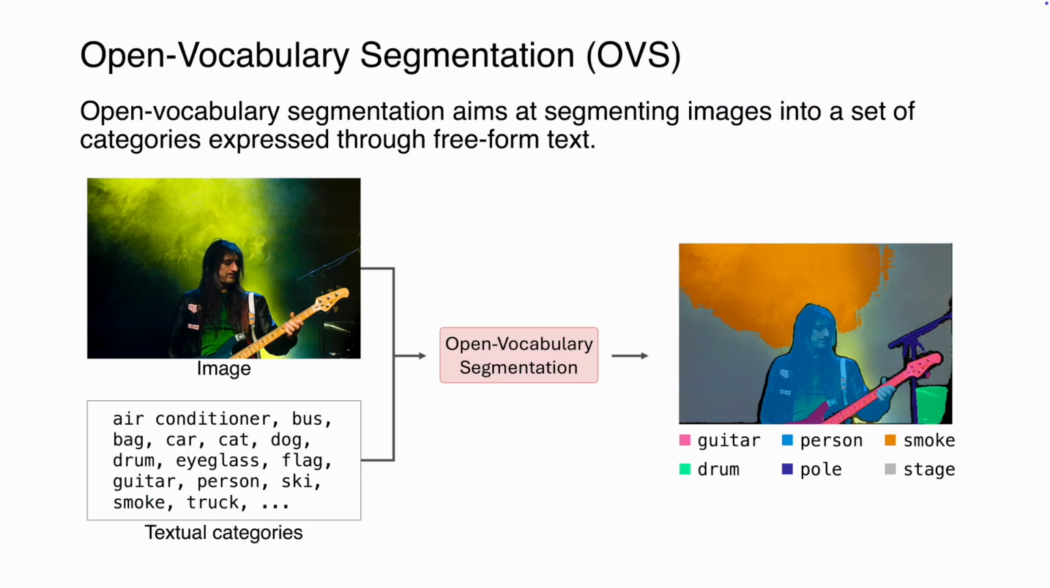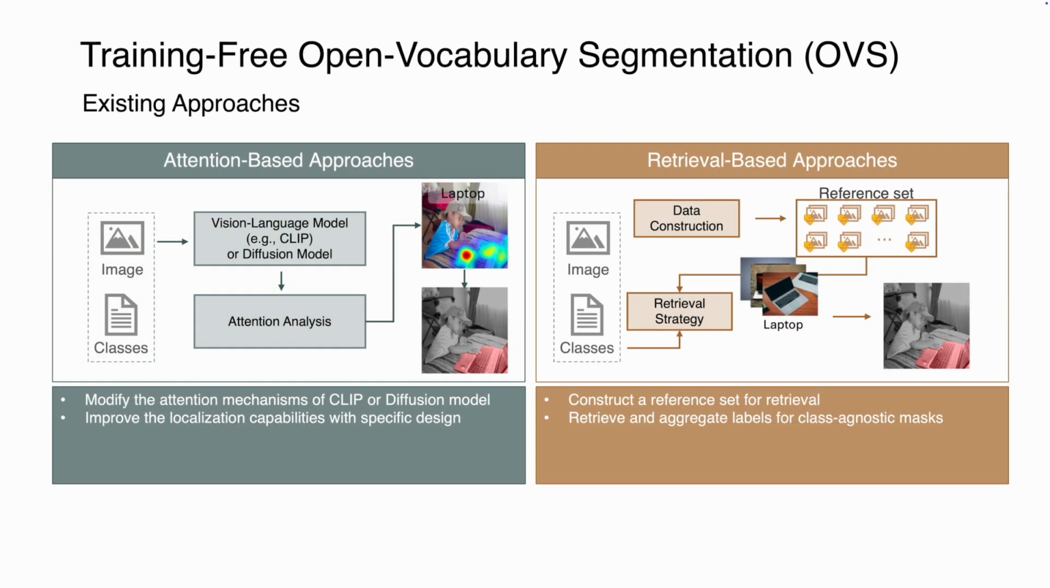Open vocabulary segmentation aims at segmenting images into a set of categories expressed through free-form text. Training-free OVS methods can be broadly categorized into two types. The first type explores the attention mechanisms of pre-trained models to perform OVS. They modify the internal mechanisms of vision language models such as CLIP or generative models such as diffusion models to